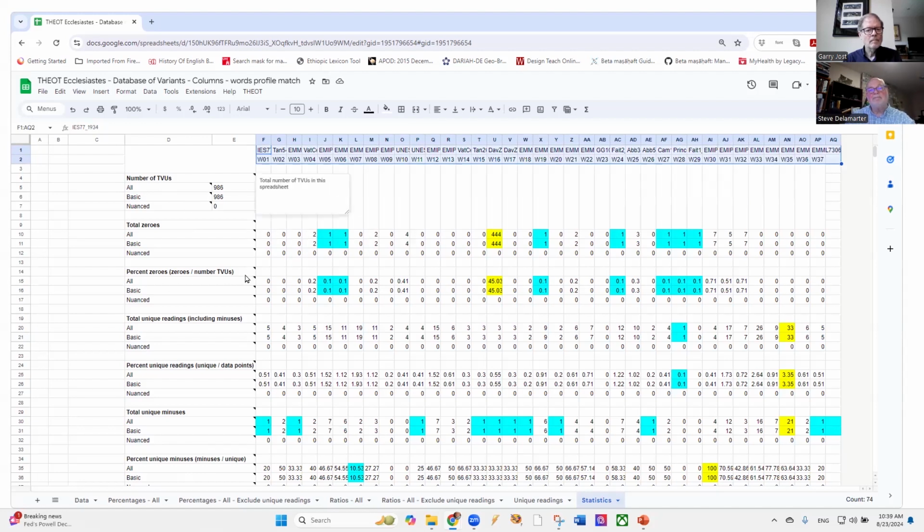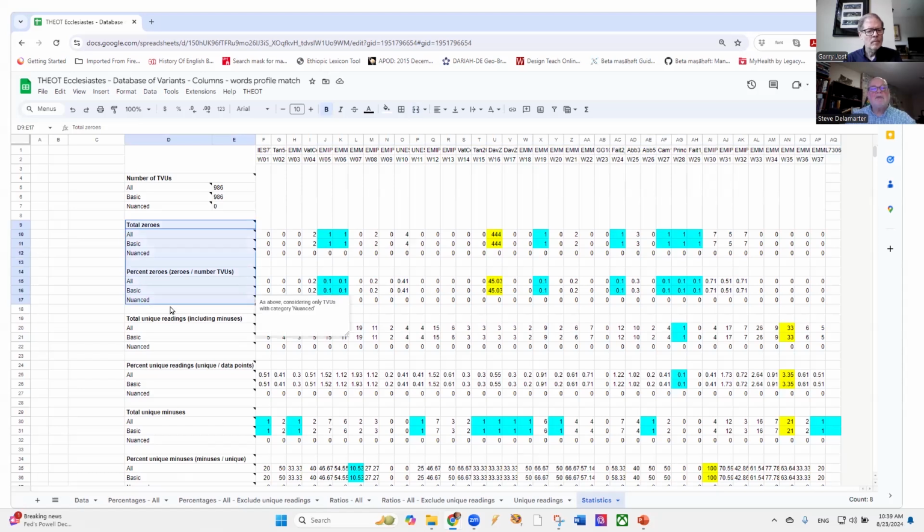And what we're doing here is totaling up certain features. So in the first two sets of numbers, we're looking at the zeros. And if you remember, zeros stand in a way for the condition of the manuscript. If certain things are obliterated and we can't read them, sometimes there's whole folios missing. So what this report does is give us a very clear picture about the numbers of zeros in